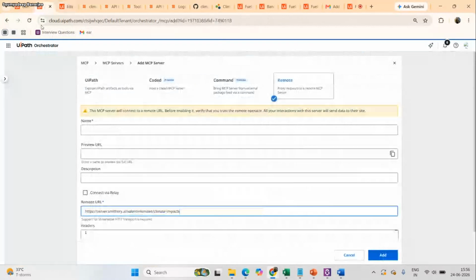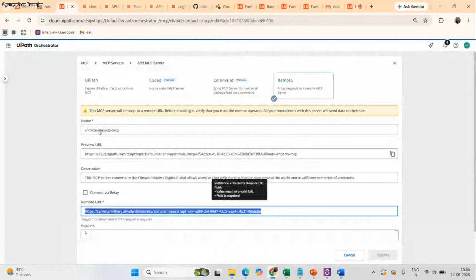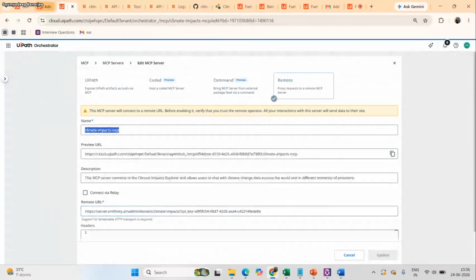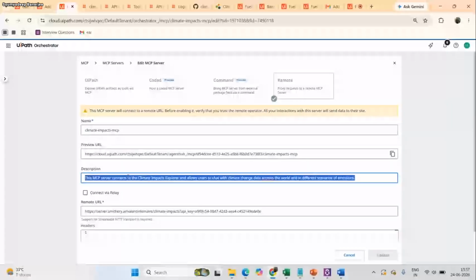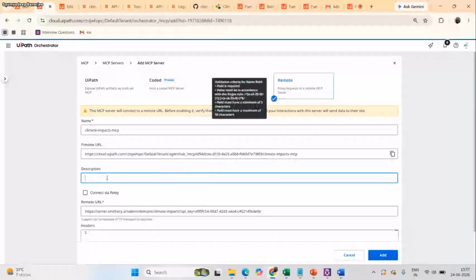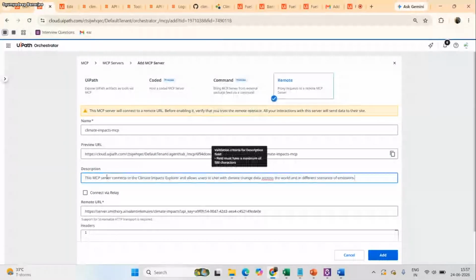So you have to put this API key as well and provide the name of the MCP server. You can provide any name, and you can see automatically a preview URL has been created. If you want to use this integrated MCP, which has been integrated with UiPath, outside UiPath, you can use it by using this preview URL as well. And here you have to give a description. This is very important because based on this description, your LLM can make a judgment. Now, if you click on add, as I have already created,